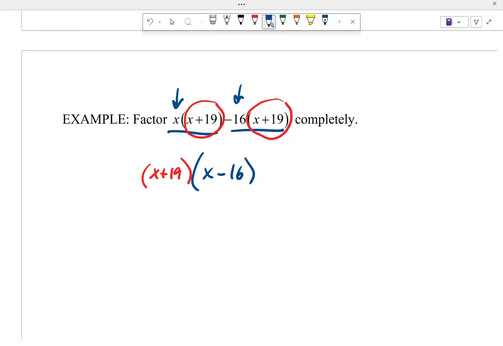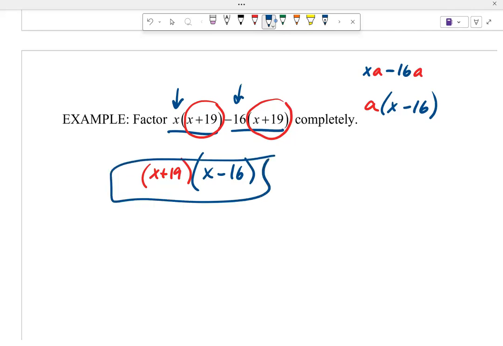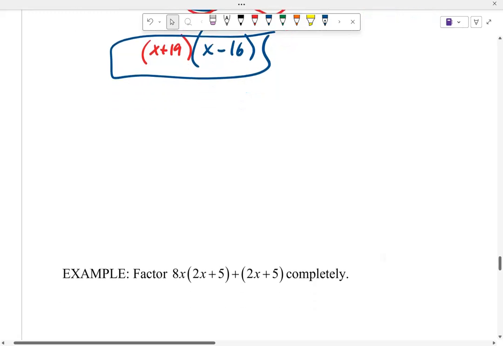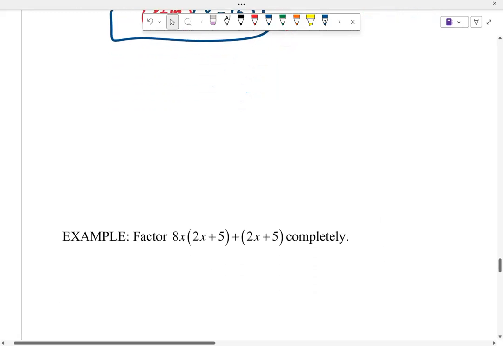Let me write it another way. Imagine x plus 19 is a. It's kind of like taking a out of both of them. They have that greatest common factor of a. The a is just x plus 19, right? They share an x plus 19 factor. This is called factoring by grouping, by the way. It's just set up nicely so you can see that they have a shared